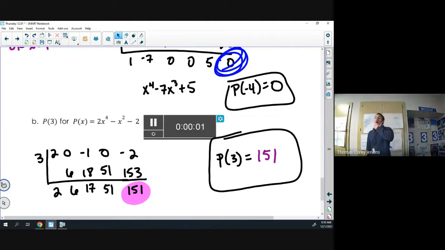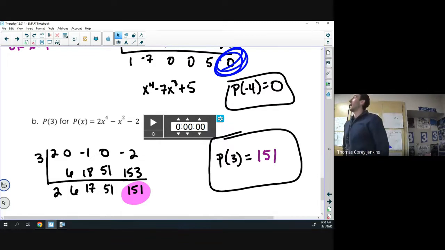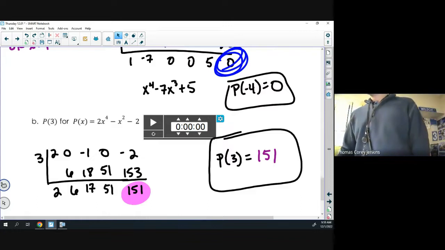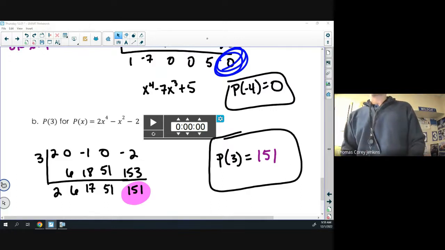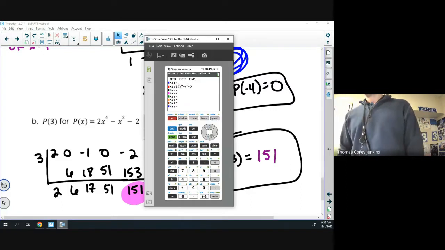All right, so I just showed it. The last row, the bottom row should be 2, 6, 17, 51, 151. So 151 is our answer. And again, sometimes we can miss the forest for the trees, right? So what we actually found out there was, don't worry about trying to do this on your calculator, but